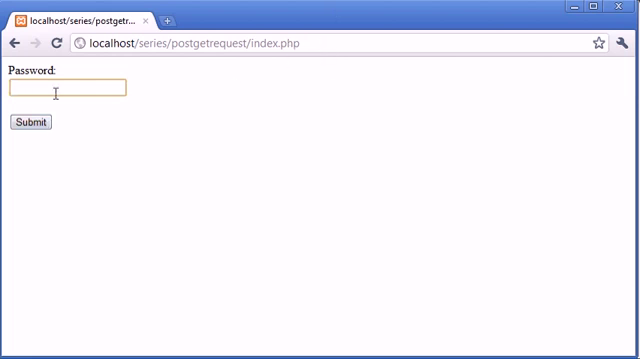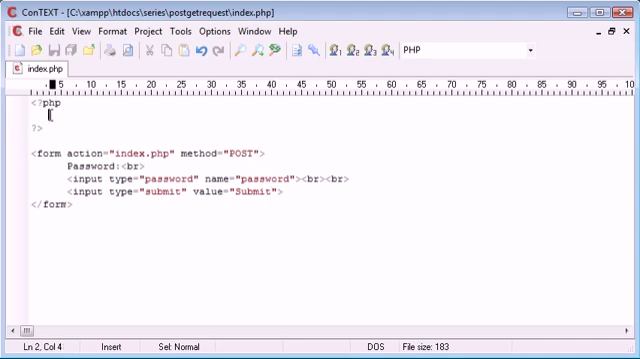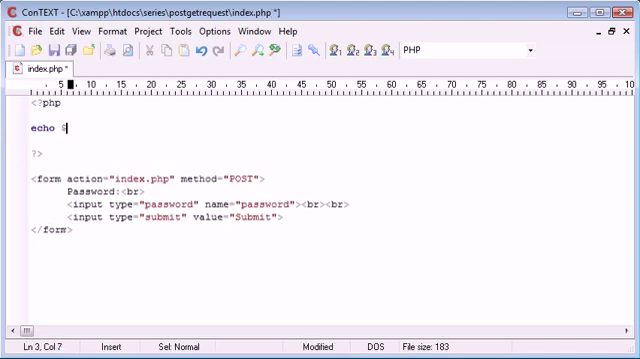However, now if I was to type, say, password in here and click submit, we've actually submitted this now to the form. The data has been submitted. However, it's not visible up here, and obviously at the moment not visible on the page because we haven't done anything with the data. Now, just to show you the example, I'm going to echo out $_